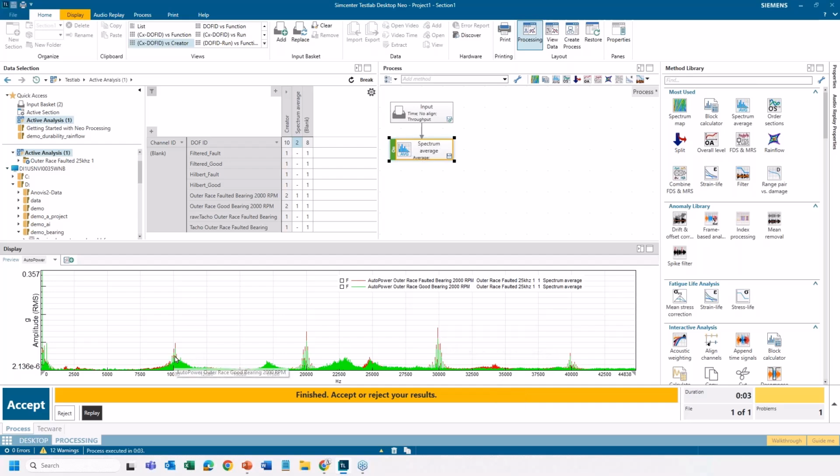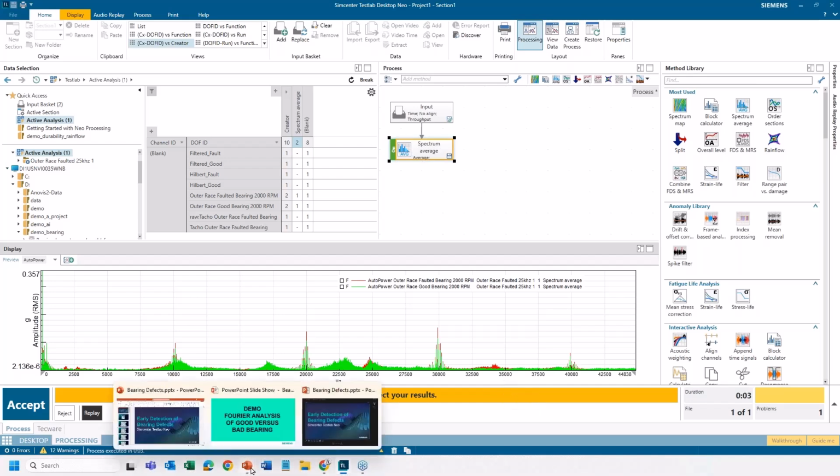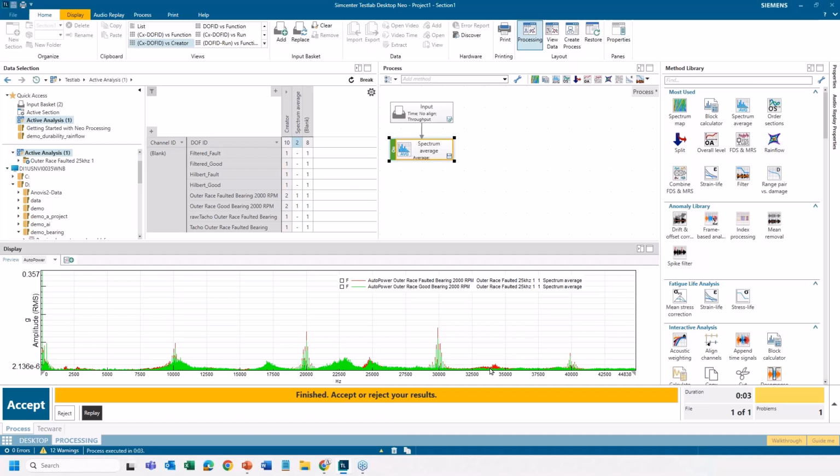Yeah, they're all a little redder. But I'd say there's a pretty big difference, and it's kind of a weird frequency range around 32,000 to 35,000 hertz. Is that a fault frequency of this bearing? No, it's not. So kind of interesting that the faulted bearing shows a difference at a very high frequency, something perhaps that we weren't expecting.